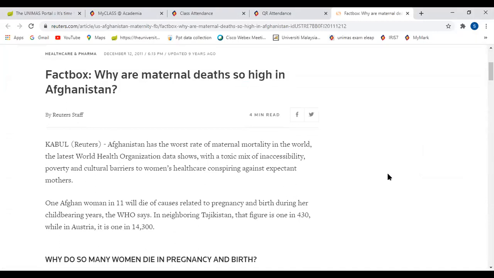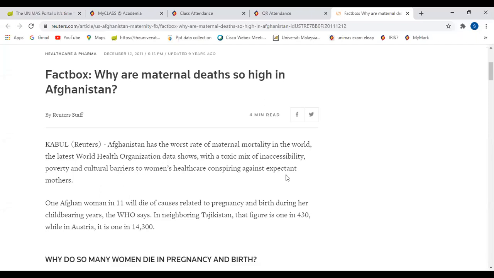So let me just read to you. So Afghanistan has the worst rate of maternal mortality. Maksudnya kematian ibu lah, maternal mortality in the world. The latest World Health Organization data shows. All right. So what causes that? It's a mix of several reasons lah. One, inaccessibility, poverty, and also cultural barriers to women's healthcare, conspiring against expectant mothers, especially